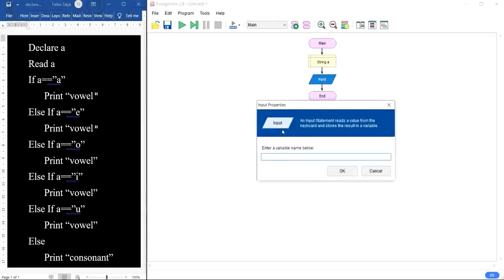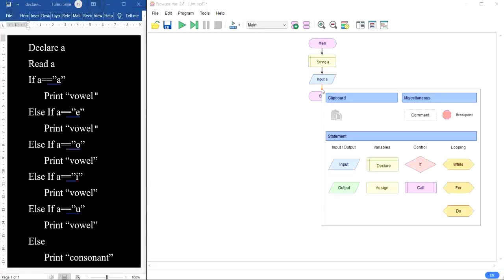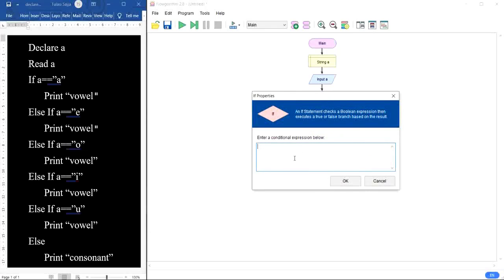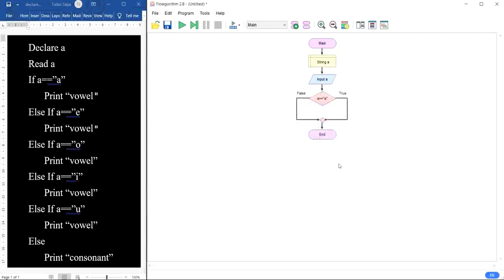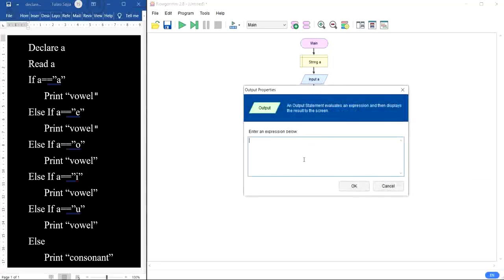Enter the variable name that I declared before, that is A. After taking input from the user, we need to check whether the entered character falls in any of the vowels or not. So take the decision symbol here, then write the expression A is equal to the first vowel, that is A. If it is equal to A, then we print the output as vowel.